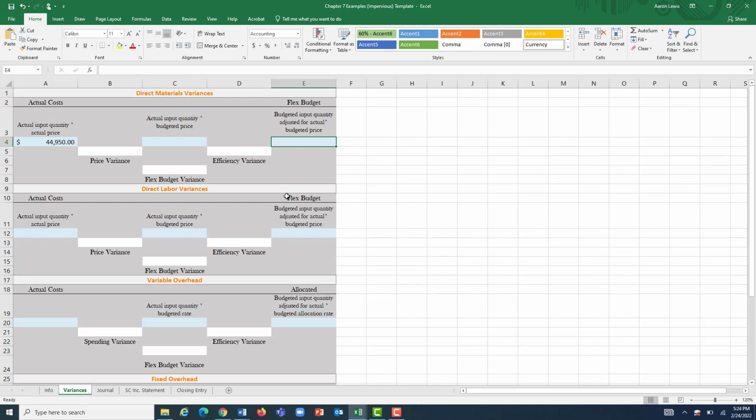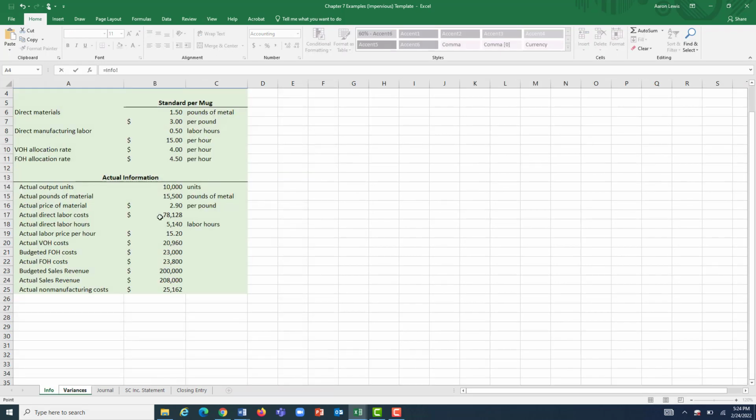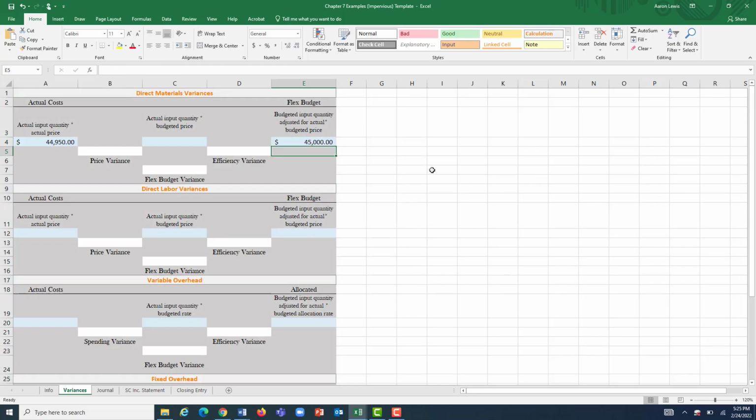So, with that information, if I multiply our actual production times both of our standards for the portion of production that we're finding the variance for, in this case materials, the 1.5 pounds of metal per mug, and the $3 per pound that we were going to pay, we determined that had they actually gone through 1.5 pounds of metal per mug and paid $3 per pound and made 10,000 mugs, if we hit our standards,